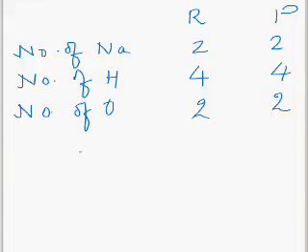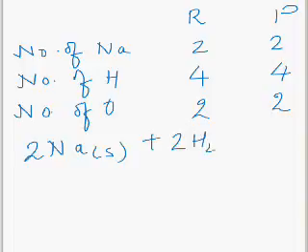Now we can make this equation more informative by writing the physical states of all the reactants and products. Sodium is a solid and water is a liquid. So we will write the chemical equation like this: twice Na. Sodium is in solid state, so small s, and water is in liquid state, so we will write twice H2O